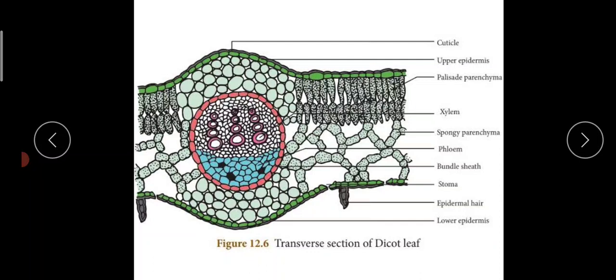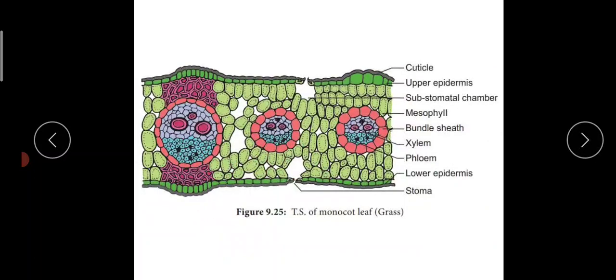And leaf xylem is formed of vessels, tracheids and xylem parenchyma. And phloem consists of sieve tubes, companion cells and phloem parenchyma. Okay. In most cases, these vascular bundles are surrounded by a parenchymatous layer, which forms a sheath or a covering around them, and that is called the bundle sheath. Okay. That is all about this section of a dicot leaf.